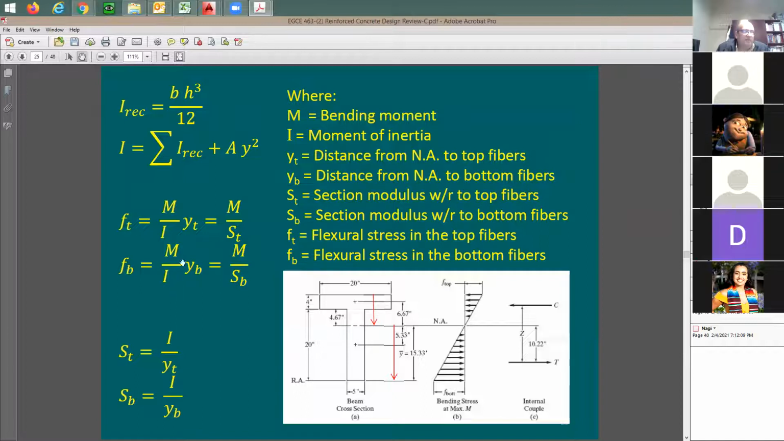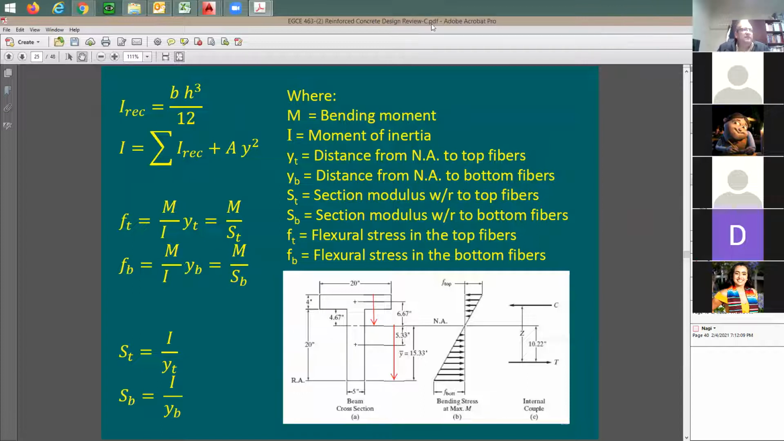M divided by I times this Y top. And there isn't the stress at the bottom. You take the moment divided by I multiplied by this Y bottom. As you see here, in my analysis, I didn't put negative and positive, right? I didn't do that, because in concrete design and concrete analysis, we don't do that. We just keep all the values positive, and then we say compression, then we say tension at the end of